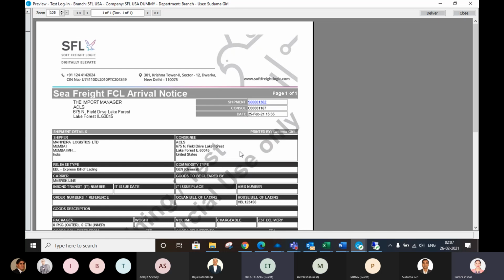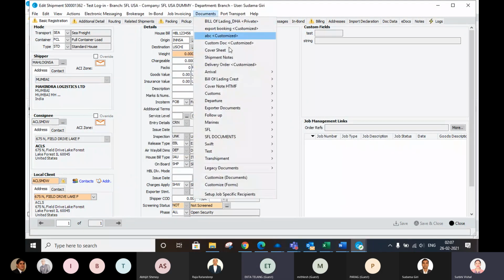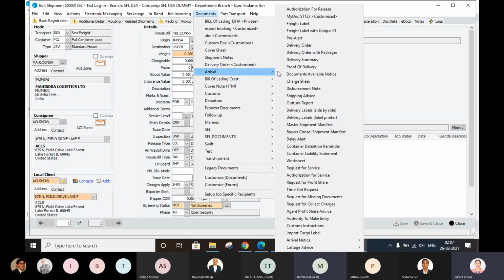Okay, fine. So Sudama, if you can close and take us to the delivery order page on the documents only. Surbi, just to interrupt, can we have a report in which we can find out which arrival notices have not been sent yet, 5 days prior to arrival? Yes.